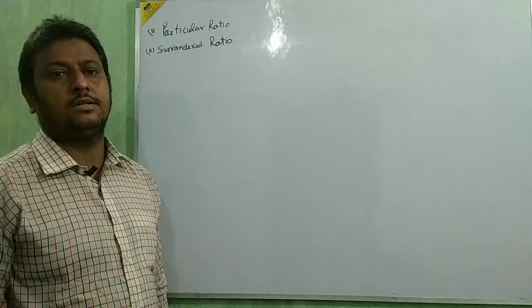So the new ratio is 39 upon 70, 7 upon 70 and 10 upon 70. It means 39 is to 7 is to 10. In this way we are going to solve a question. Now, one more question we are going to see.